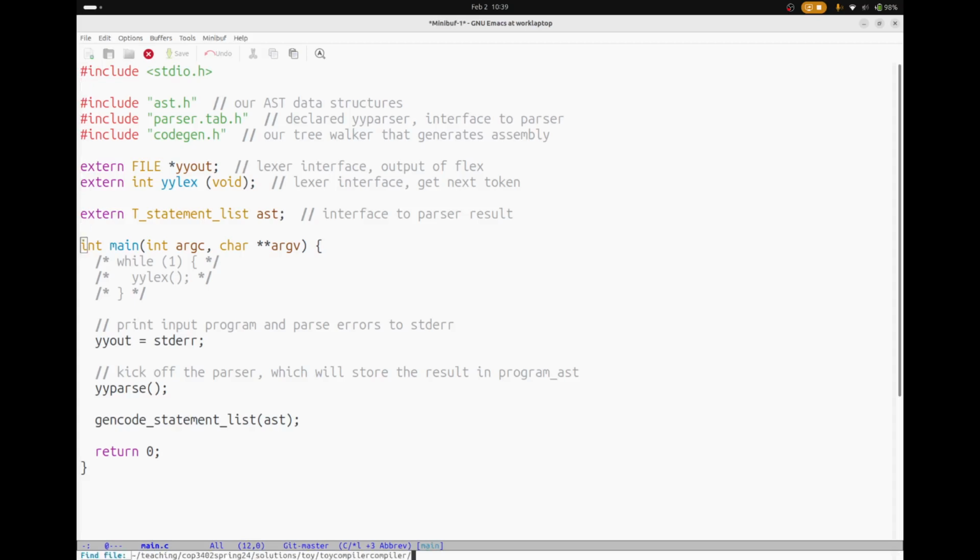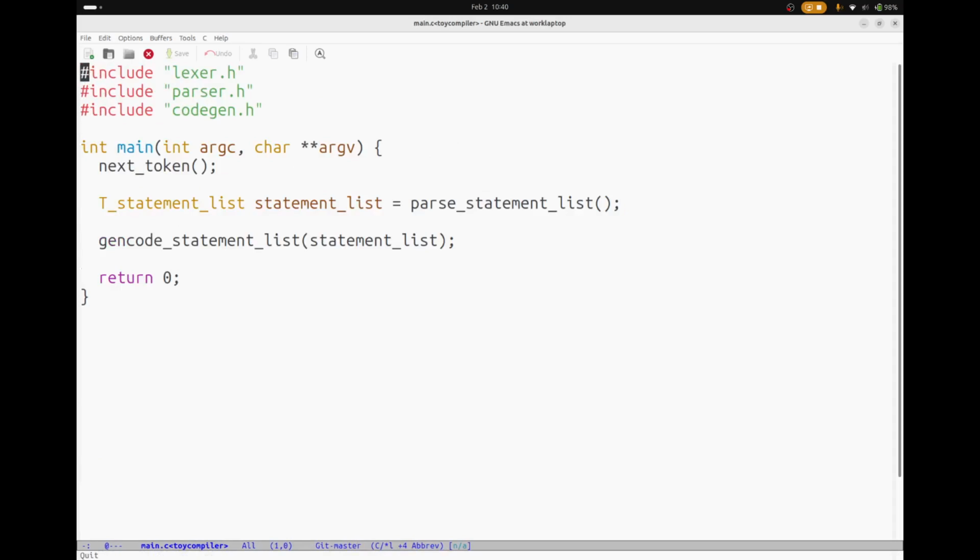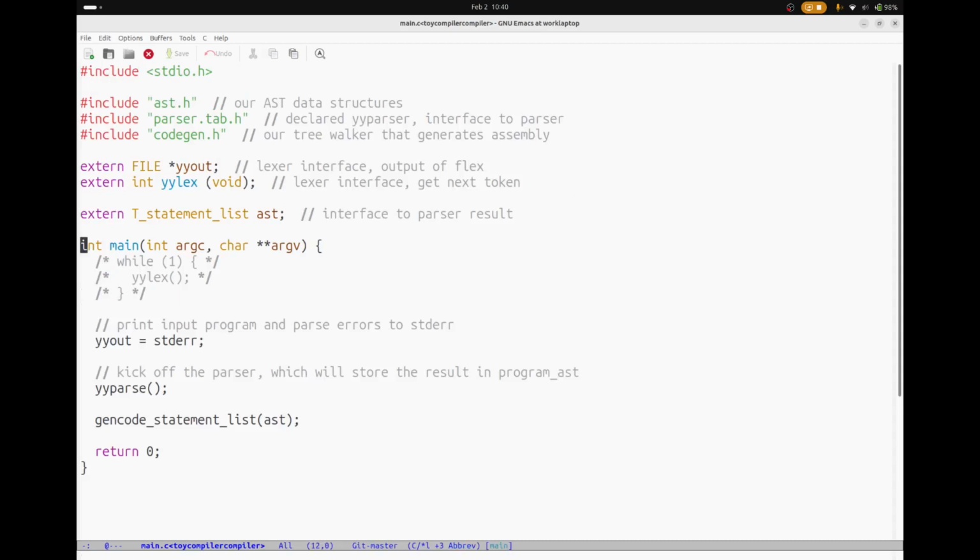So the question was, how does this generated parse tree get used by the code generator, right? It's not much different than with the original toy compiler. So let me compare the main functions here. In our first compiler, our parser functions always returned. It literally had a function return. And we could just save the pointer to that abstract syntax tree node and then pass it to our code generator. These are details of Bison, but the way this is going to work is we're going to just set